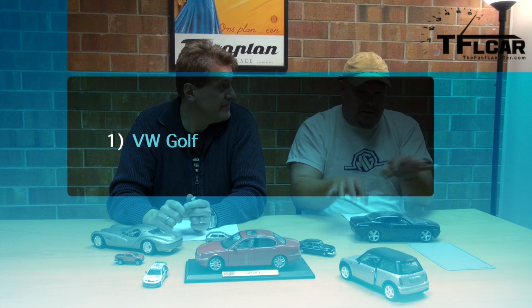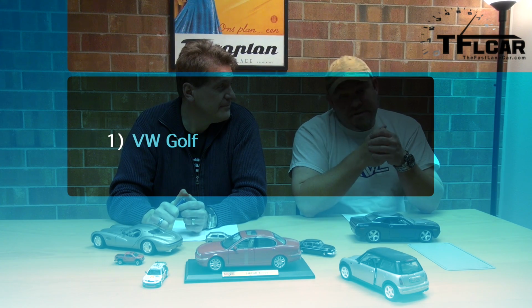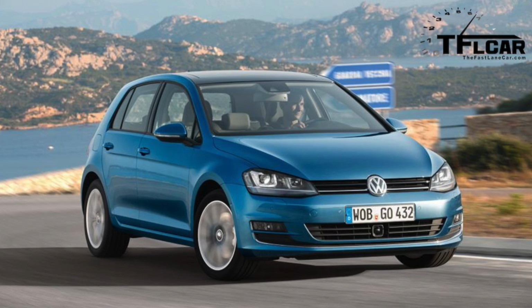All right, and the number 1 car, the Raptor. Yes, no, the Volkswagen Golf. Now hold on. Some of you are going, oh, it's nowhere near as reliable as the other cars, and you'd be right, but it's such a good car to drive. A typical college car is the Jetta, and that's why we didn't pick it, because every girl, I think...